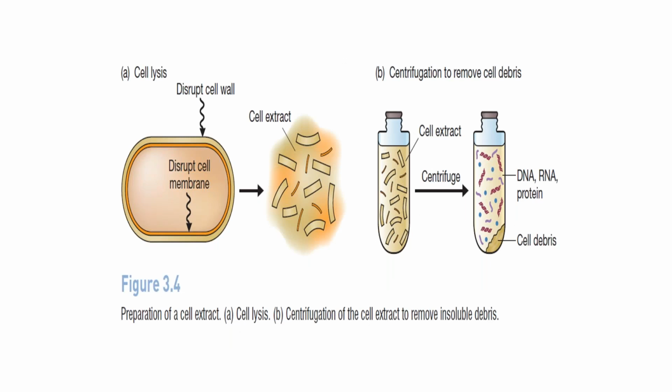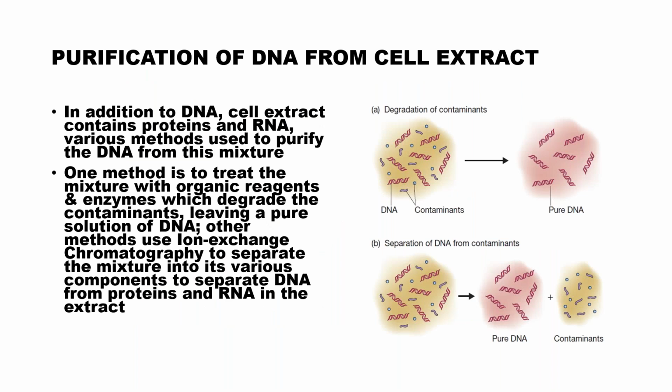In the case of a bacterial cell, since it has a cell wall and a plasma membrane, we have to disrupt both in order to produce the cell extract, and the cell extract has to be purified, removing RNA and proteins to get the purified form of DNA. Fine. So once our cell lysis happens, by means of lysozyme or EDTA and SDS, the next step is purification, that is removal of RNA and proteins.